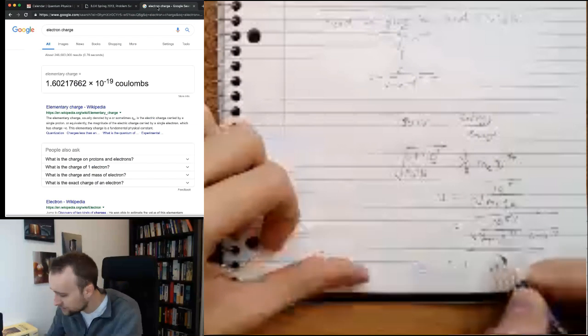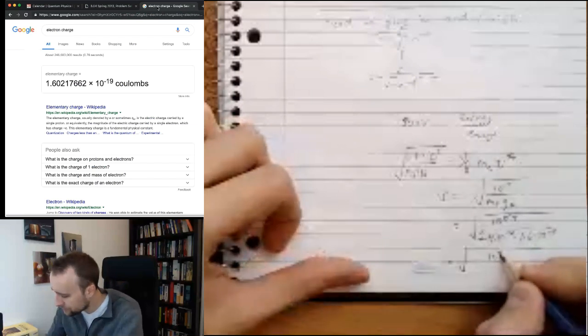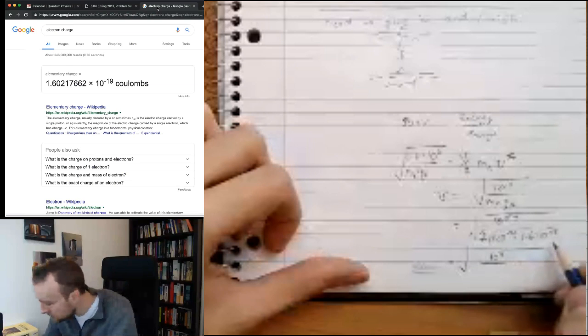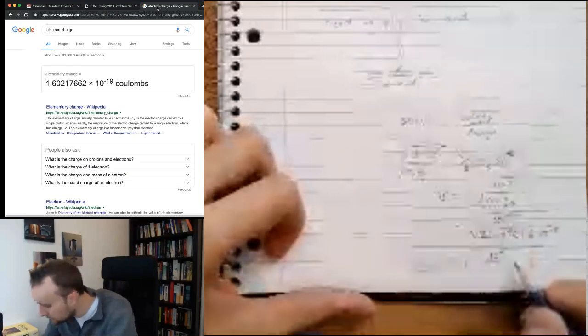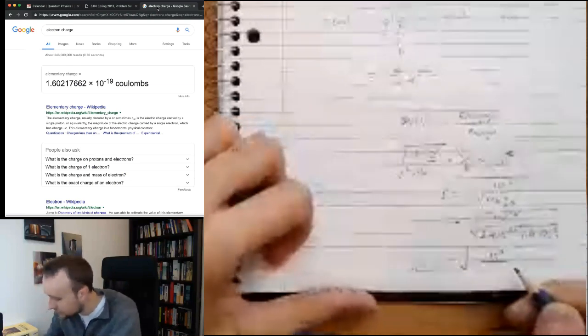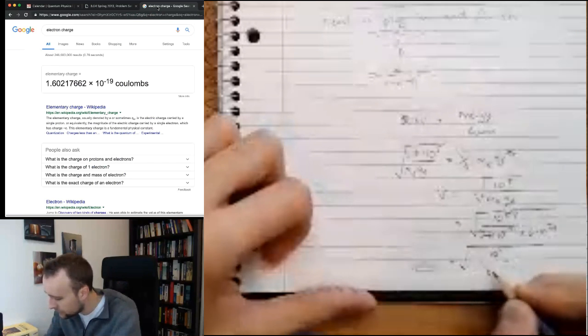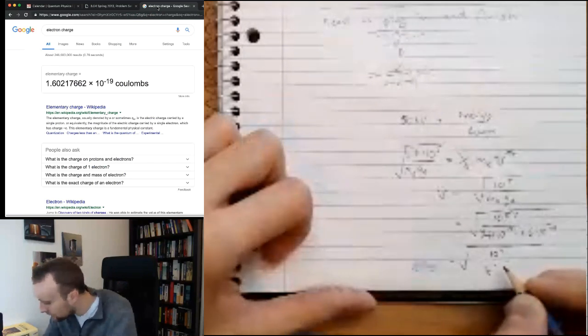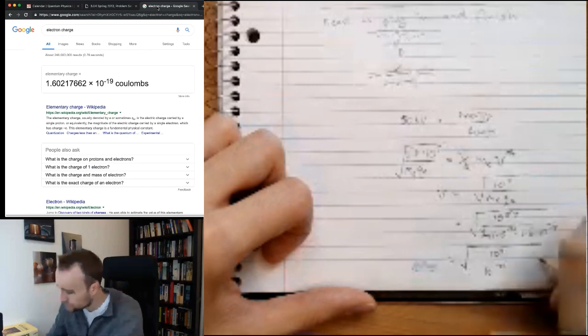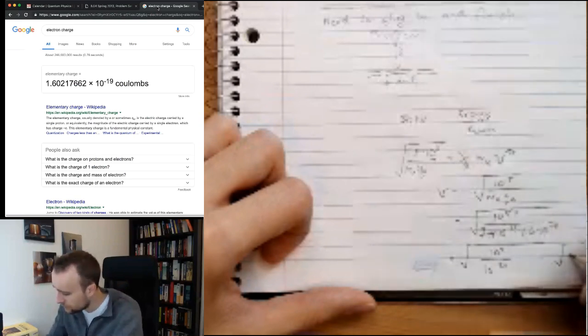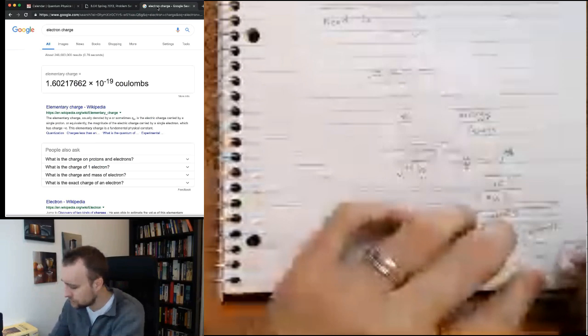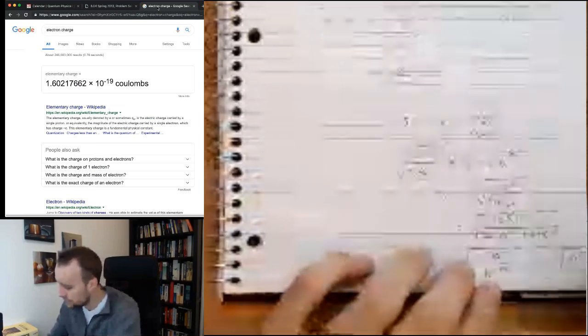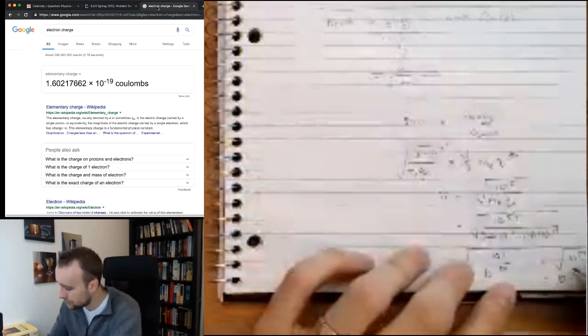So we're going to have 10 to the 4th, and then this is 10 to the negative 31 and 10 to the negative 19. So this is 10 to the negative 50, square root of 10 to the 54, which is equal to 10 to the